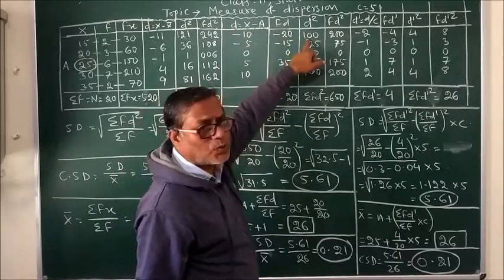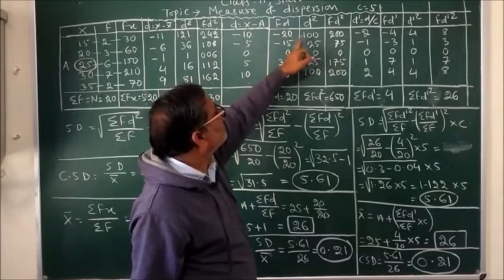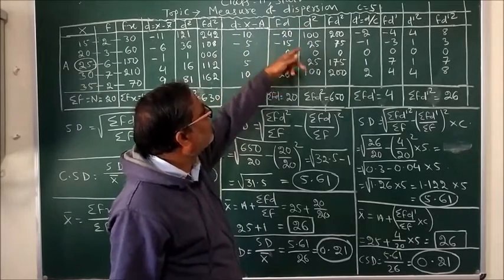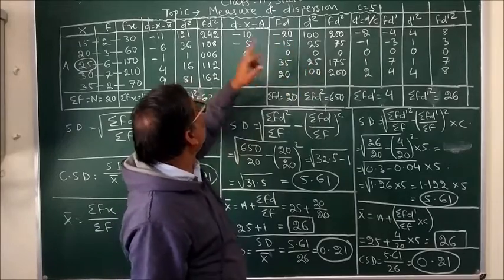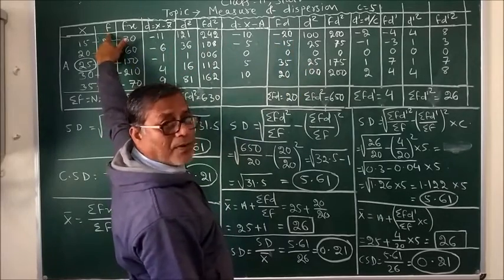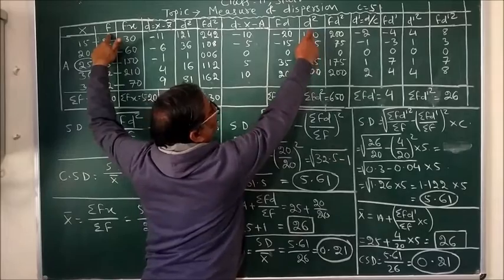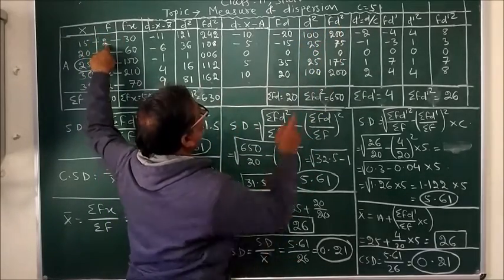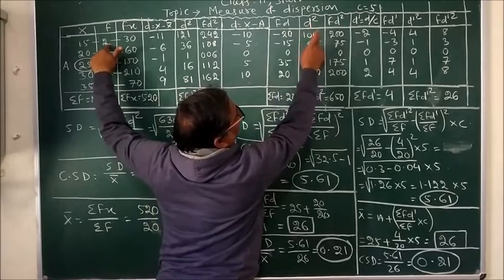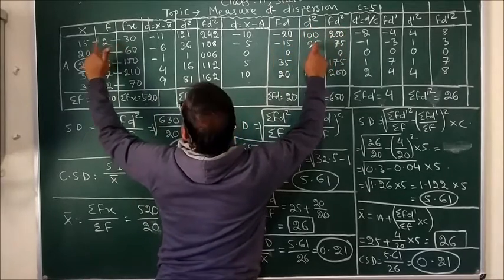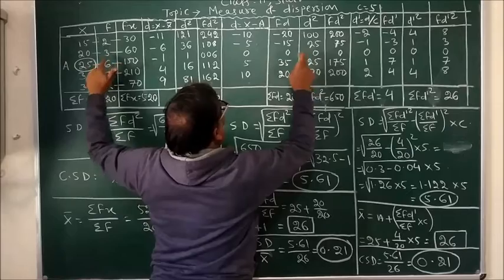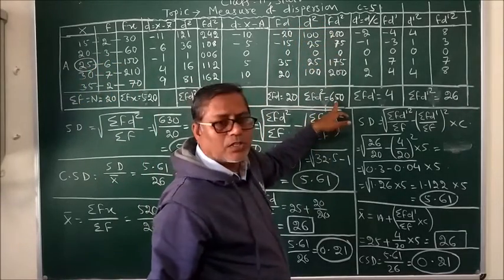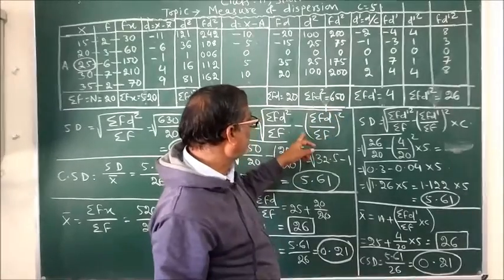You will get the D square column: minus 10 squared is 100, 5 squared is 25. In this way, we got the D square column. After that, we need to multiply the frequency F with D square in order to get FD square. You see, the first value of F is 2 and the first D square is 100. 100 into 2 is 200. 25 into 3 is 75. In this way, we calculated the FD square column, and the summation of FD square that we need in the formula